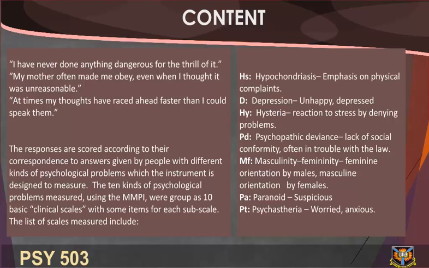The list of scales measured include HS, hypochondriasis, emphasis on physical complaints; D, depression, unhappy, depressed; HY, hysteria, reaction to stress by denying problems; PD, psychopathic deviance, lack of social conformity, often in trouble with the law;